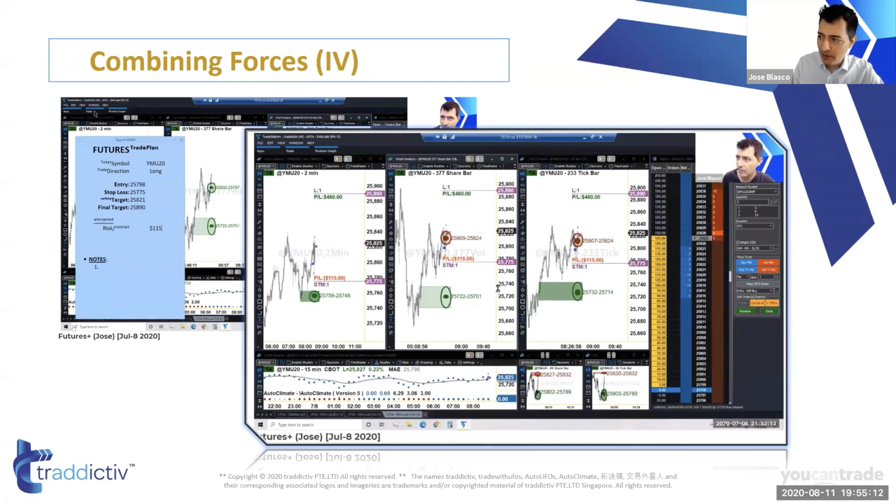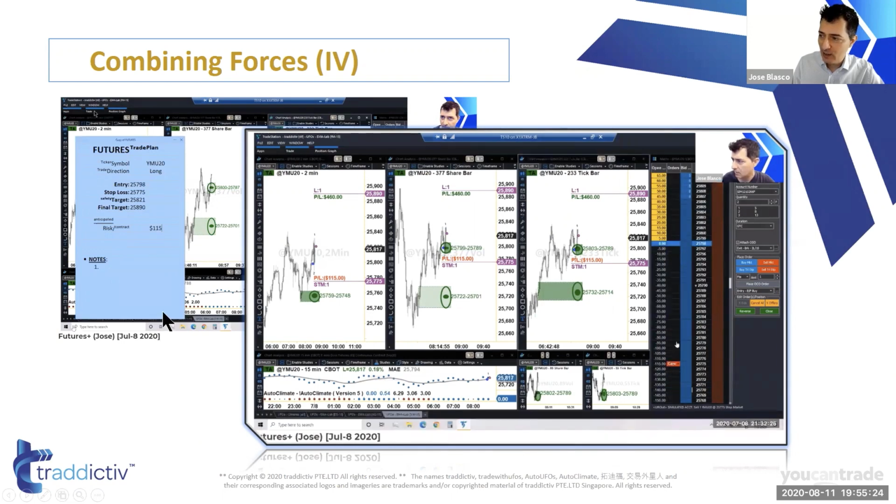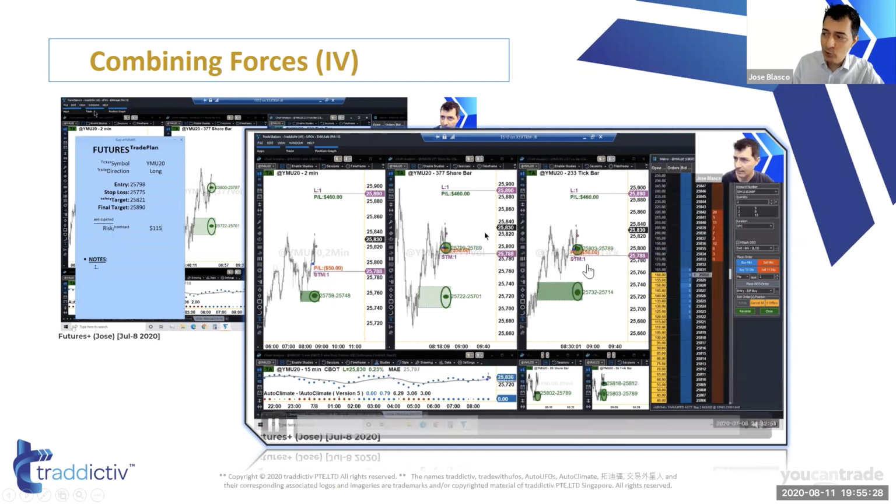So price was moving up, so we hit our safety target. So this trade was a trade with no risk. And notice what just happened there. A new green UFO just happened, okay? A new green UFO just happened, meaning that orders are being added. And notice what I just did. I am trailing my stop, putting my stop below the new UFOs that are forming to just follow price,